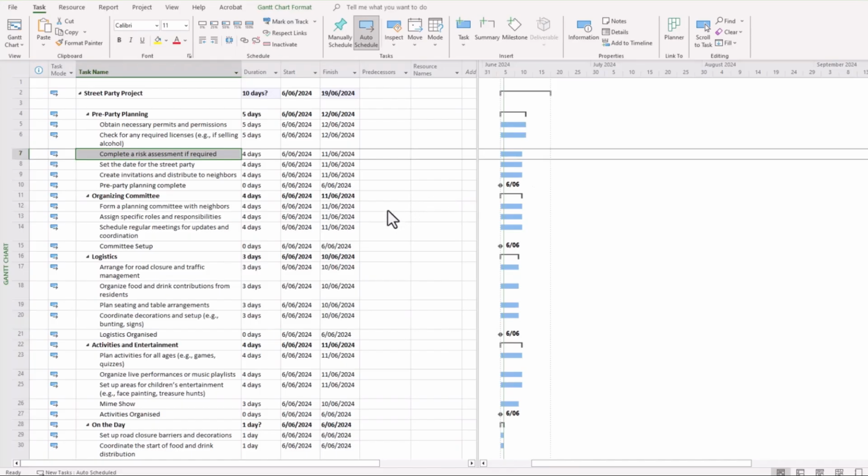Okay, we have our milestones, we have our task durations in place. Now we can start to link our various tasks as part of this project. And you can see this certainly needs doing, because every task in this schedule is shown as starting on the same date, and we know that that never happens, or very, very seldom happens in a project environment. So we need to start to organize our schedule through linking predecessors and successors in the tasking arrangement.